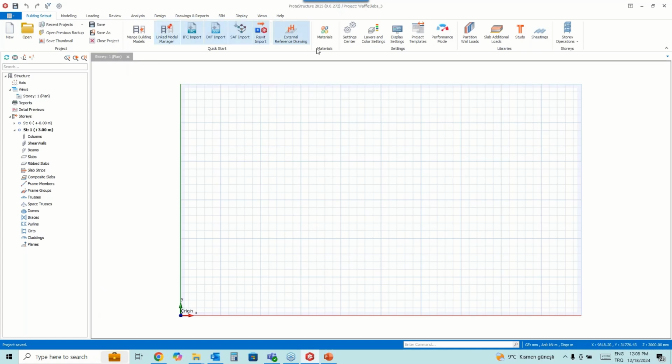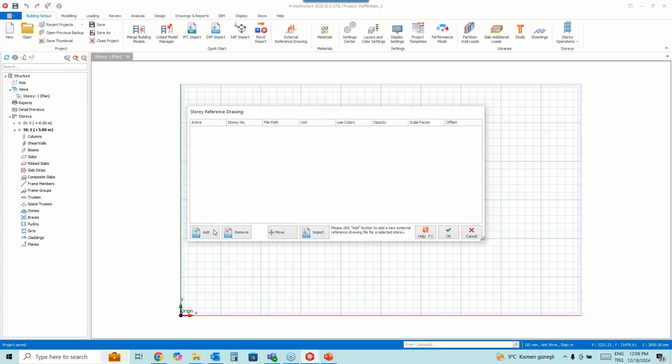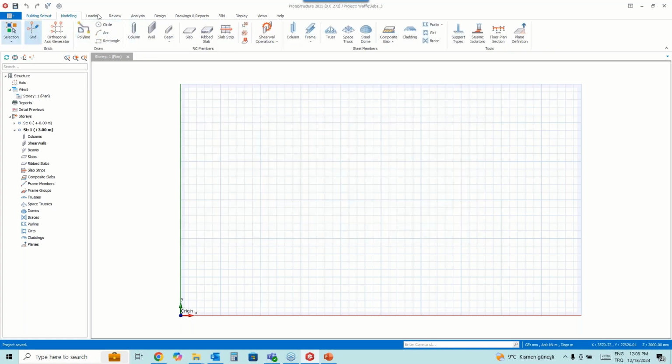There are several ways to start a project in ProtoStructure. You can, for example, use an external reference drawing and import all members from DXF drawings, or you can create your model with the grids one by one.